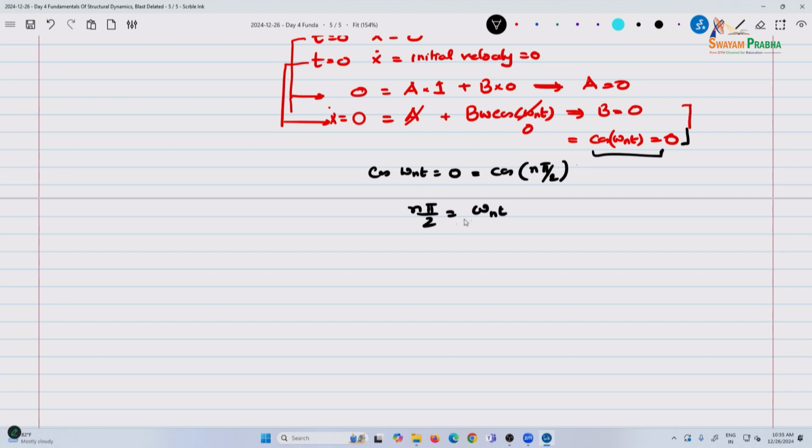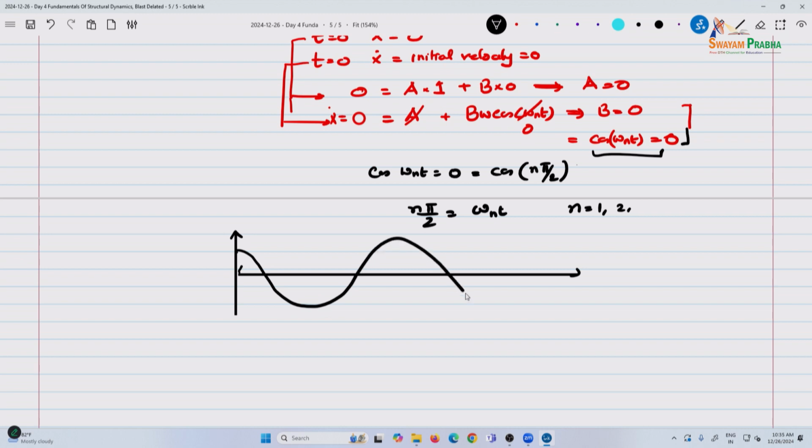So, you get your omega n for different natural frequencies, this is for n equal to 1, and so on and so forth. So, what you get as a function of x, this is an eigenvalue problem. So, you get this in terms of maybe something like this, or it could go the other way around. So, what you have here is a free vibration, this is your time period,